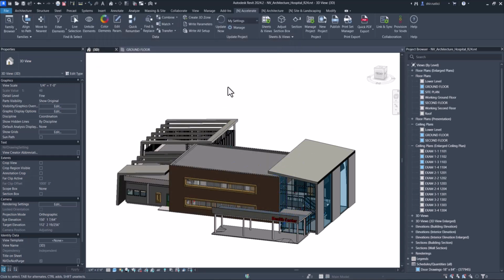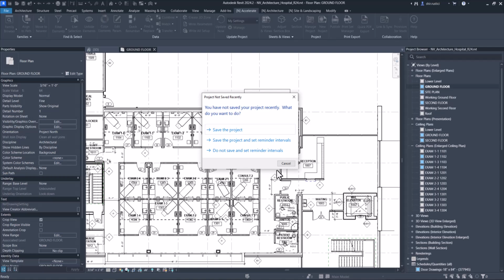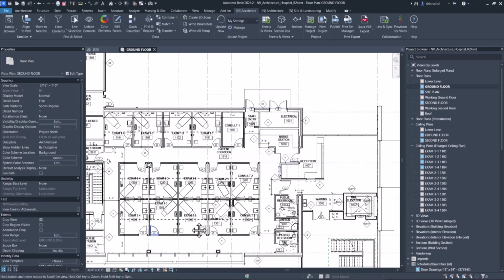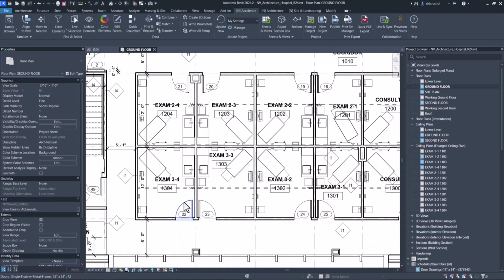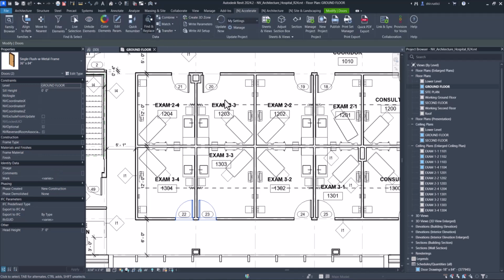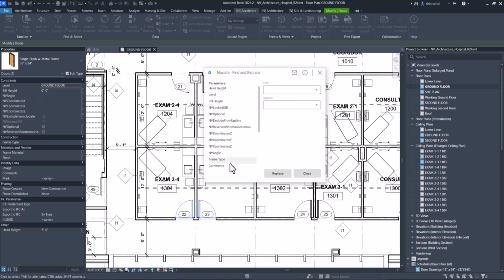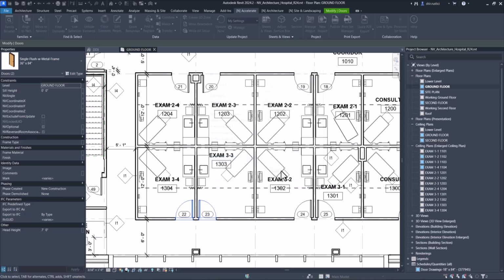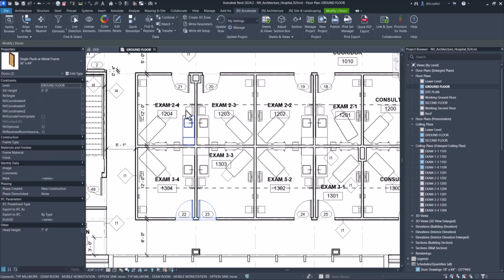The next fix is to the find and replace feature, which previously had issues if it was trying to be run on an element with no value or a parameter with no value. For example, if I was selecting my doors and wanted to do a find and replace on the comments parameter that has no value, it wouldn't work. Now I can run it without any issues and select the comments parameter, and even if I have a value that I know is not there, it's not going to do anything, but it won't crash either.